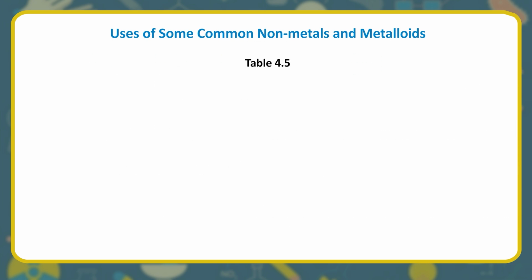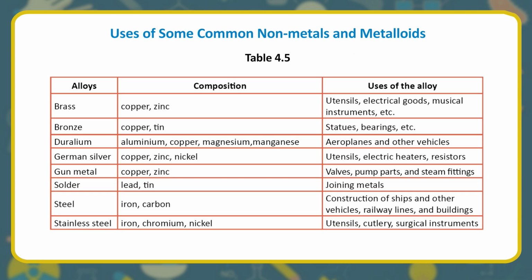Some important alloys. Table. Alloys. Composition. Uses of the alloy. Brass: copper, zinc. Utensils, electrical goods, musical instruments, etc. Bronze: copper,